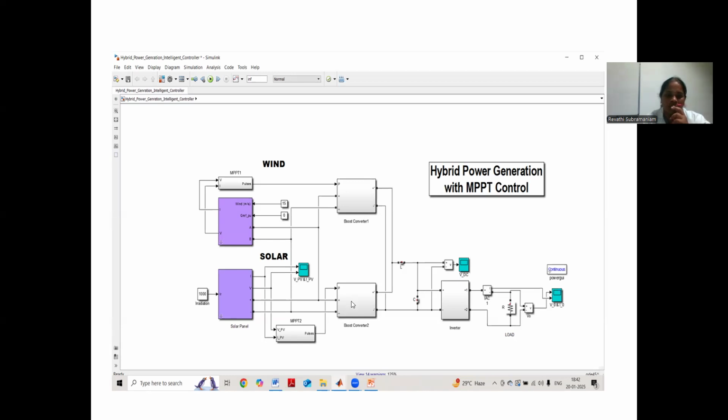Here a boost converter is used, and for the boost converter, an MPPT algorithm gives the gate pulses so that maximum power generation occurs. The output is then given to the inverter, and the inverter output is given to the load, where the voltage and current can be analyzed. So, in MATLAB,